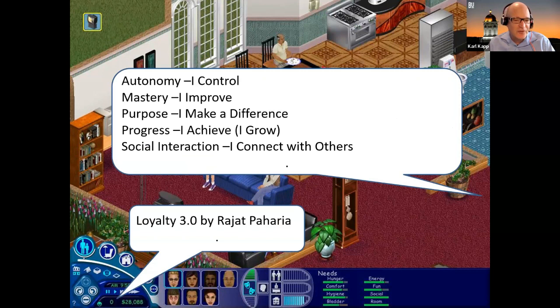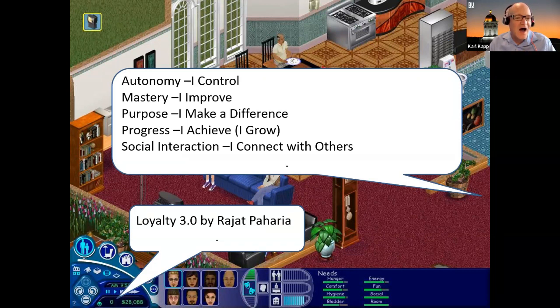There's a book called Loyalty 3.0, which is by the original founder of Bunchball. And he talks about autonomy, meaning I control something. So look at it from the gamified learner's perspective. Is there a sense of control, mastery? I improve. Purpose? I make a difference. Progress?